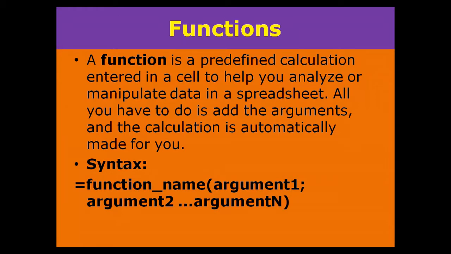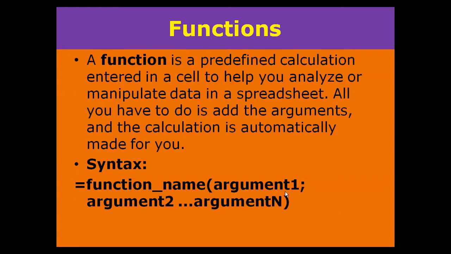Now this is the syntax of a function where you have to use equal to. Always you have to start your function name with equal to. After equal to, you write the function name. It can be any name. There are 350 functions offered by OpenOffice Calc, and some of the functions use numbers, some use date and time, some use text or string. Whichever function you are using, you have to write the function name, and after that put a round bracket. Inside the round bracket you have to give the argument.